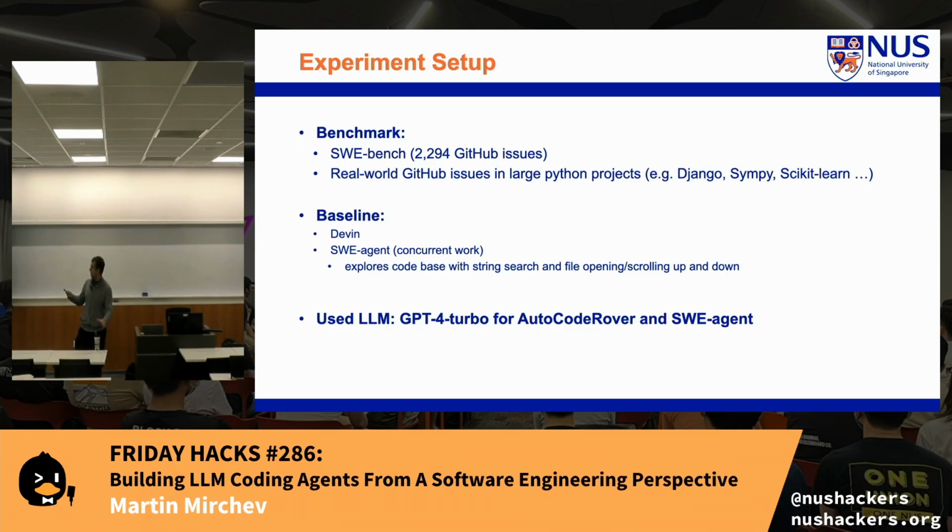Now, to compare the work at that point in time, really there were only two other works, one of which is Devin, also quite a popular tool. At this point, they have been integrated into real production software. They are being utilized in a more semi-autonomous fashion where there is still a human in the loop. And SWE-agent, which was one of the first works that I mentioned previously, really focuses on looking at the code base as just a collection of files that it can explore. Now, to utilize an LLM, at that point in time the state of the art was GPT-4. So we started working with GPT-4 Turbo to make it easier.